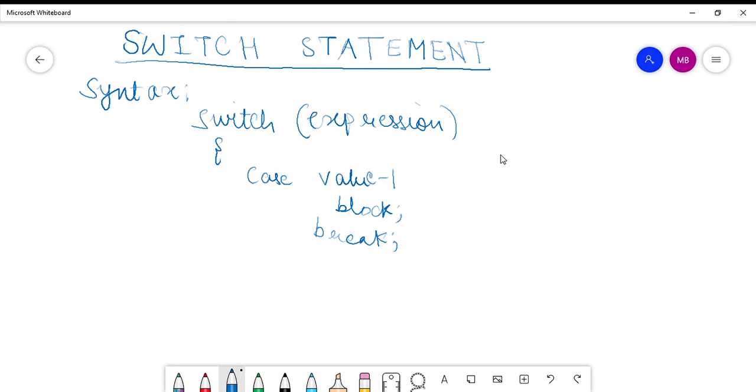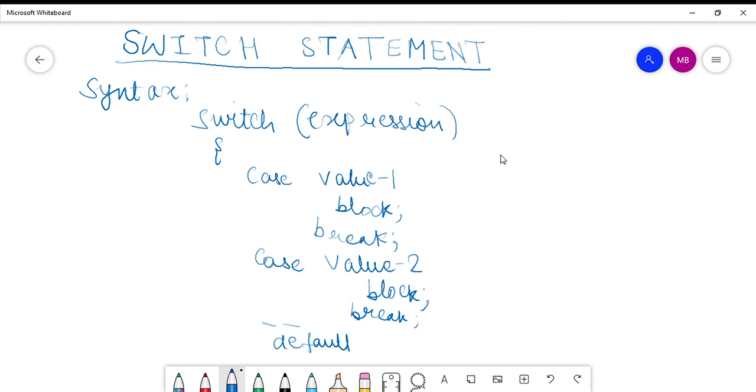Then if it is some other case, it will be case value 2. Then the block associated with this case will be executed, and finally you will come out of that block. Then there is a default case also, which we just write as default.